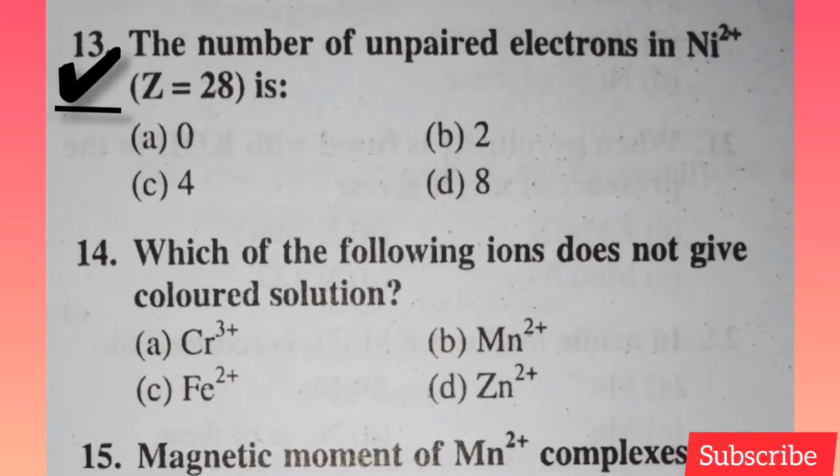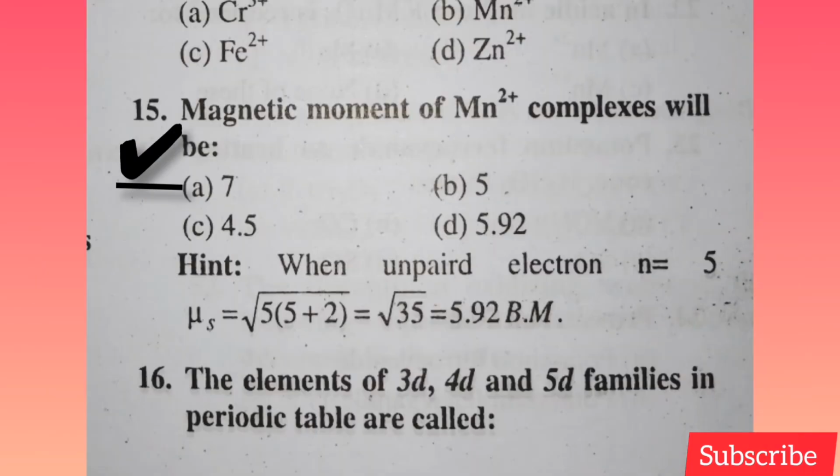The number of unpaired electrons in Ni2 positive जिसका atomic number है 28, तो निकल 2 positive में 2 unpaired electrons होते हैं, so answer B is correct. Which of the following ions do not have colored solution, Zn2 plus, option D is correct. Magnetic moment of Mn2 positive complex will be, ऑप्शन D इज करेक्ट। इसमें हिंट भी दी गई है, इसी फॉर्मूले की हेल्प से हम मैग्नेटिक मोमेंट निकालते हैं। फिर नेक्स्ट क्वेश्चन है द एलिमेंट ऑफ 3d 4d एंड 5d